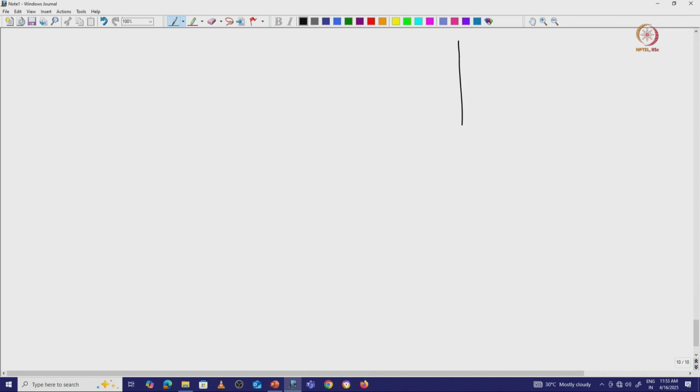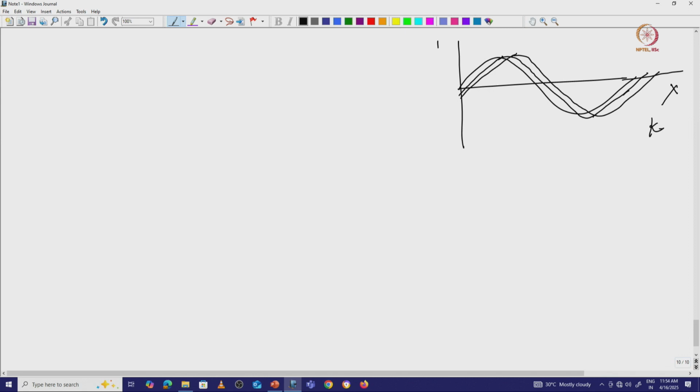We already discussed these things a couple of times. There is one wave going, and just consider there is another wave nearby, and then a third wave as well. Here you can see these three waves propagate in the x direction. Again, this is the spatial frequency and this will be the amplitude.